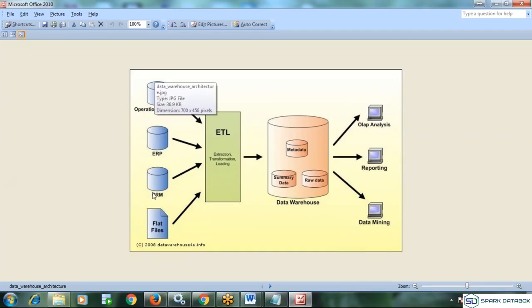So from different OLTP systems, we are getting the data through our ETL engines. By using ETL, meaning extraction, transformation, and loading, finally I'm loading that information into your data warehouse. So completely I can see it like summarized data, from raw data to finally summarized data. On top of this summarized data, you can do the reporting. Once you build the reporting, we will perform OLAP analysis, the same thing you attend, SSAS. And data mining.